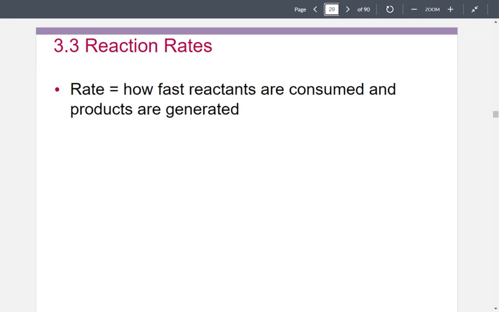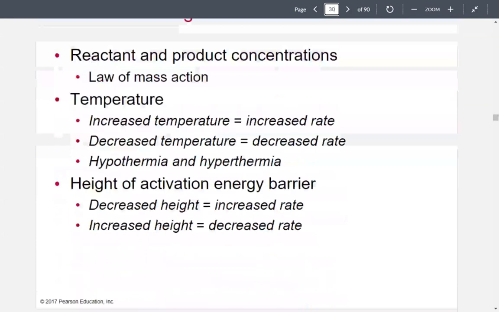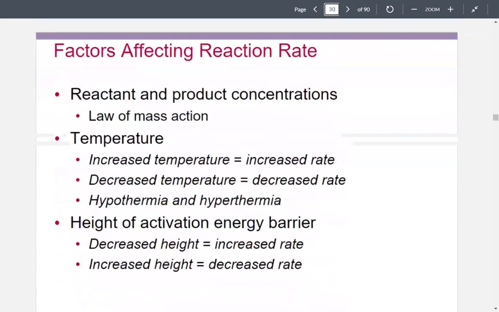So we left off and we were talking about reaction rates. Rates equal how fast a reactant is consumed and therefore products are generated. There are various factors that are going to affect that rate. The law of mass action, aka reactant and product concentrations. Temperature is energy. An increase in temperature, therefore, is going to increase rate, and a decrease in temperature is going